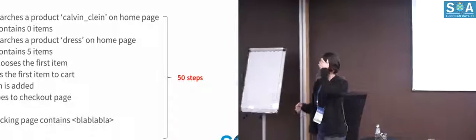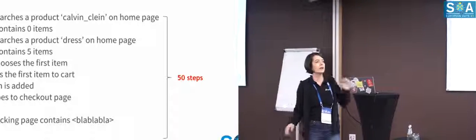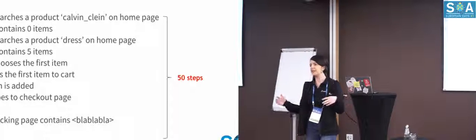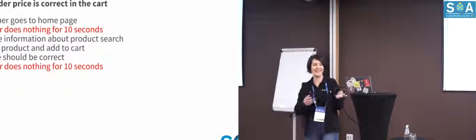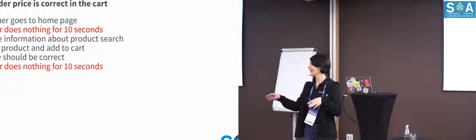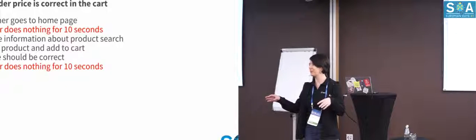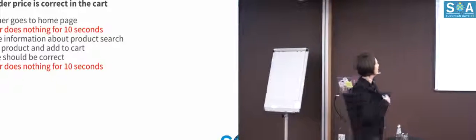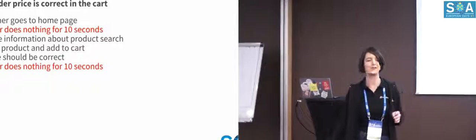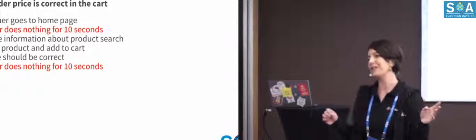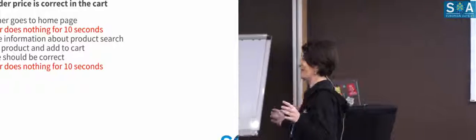A bit more complicated on the steps level. Who doesn't know what is the difference between explicit and implicit waits? You are lying, well, you know. Implicit and explicit. Do we have such persons here? Okay, I think we don't have such persons, so I will not explain what is the difference. So my advice here is use implicit waits.